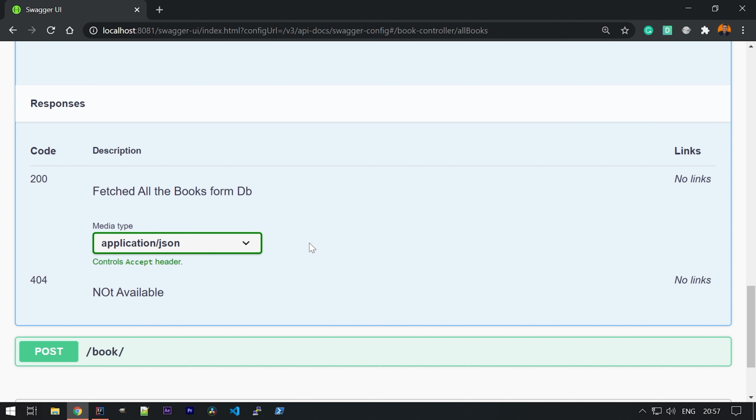These are the different things that we can add to our documentation, and that will help a lot to all the developers and all the team members working with you or working across your teams, right? So this is a very important plugin that you can use to improve your coding skills.